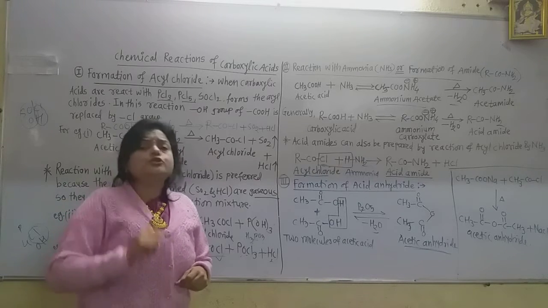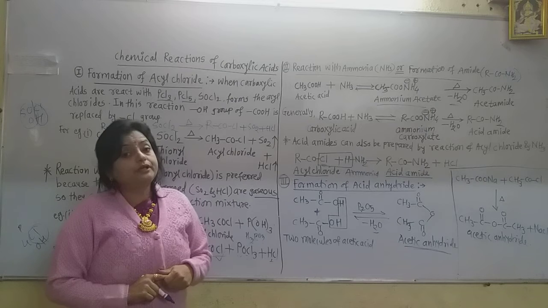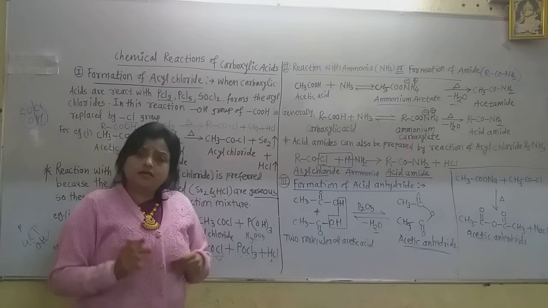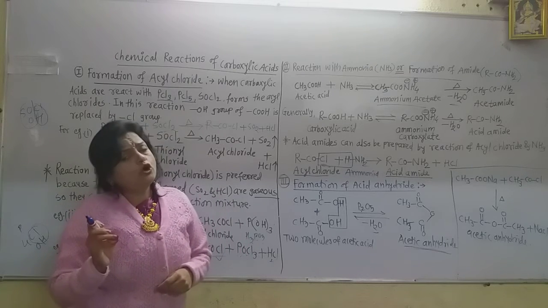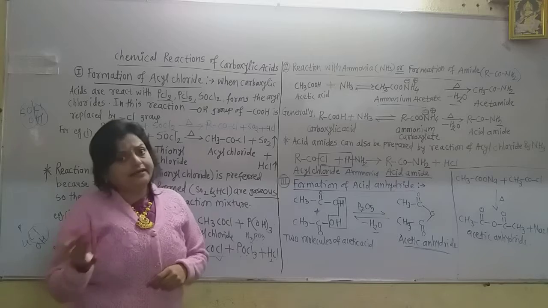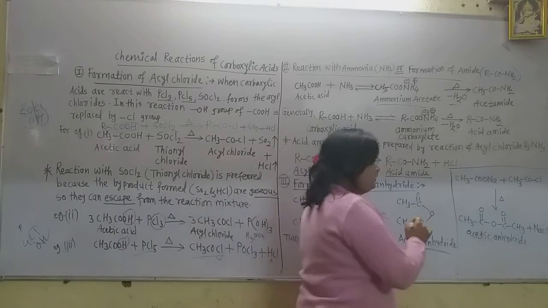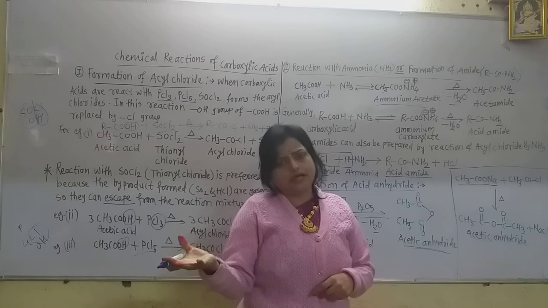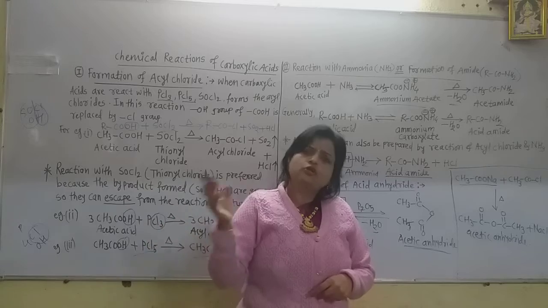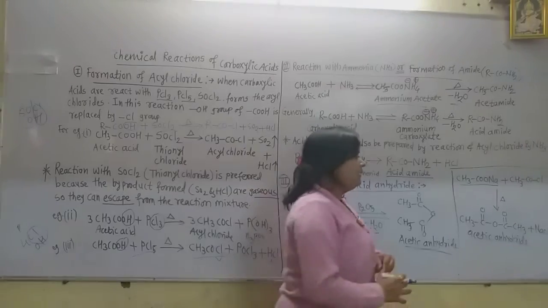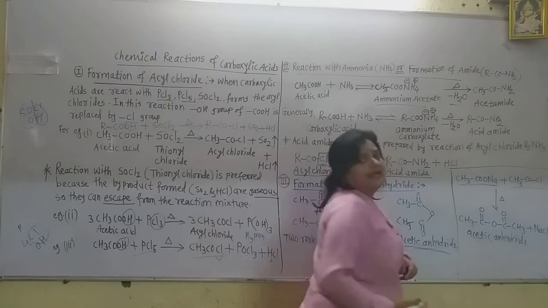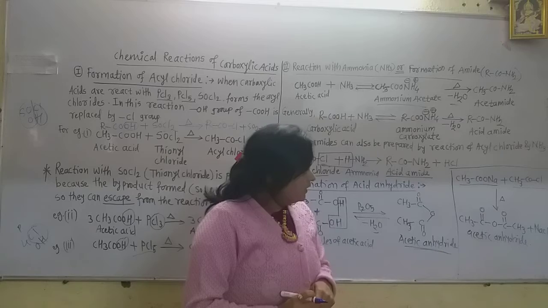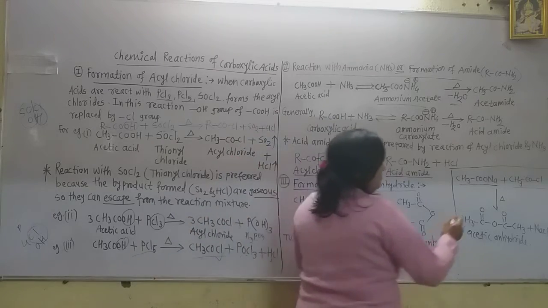But here also there is a convenient method for the preparation of anhydrides, in which the dehydrating agent is not required. Only on heating it gives the anhydrides. Now in this, I use here sodium acetate. You can take any sodium salt of a carboxylic acid, sodium propionate, sodium butyrate, etc. And you can take any acid chloride. I take here acetyl chloride. And here there is only a replacement, with NaCl formed.